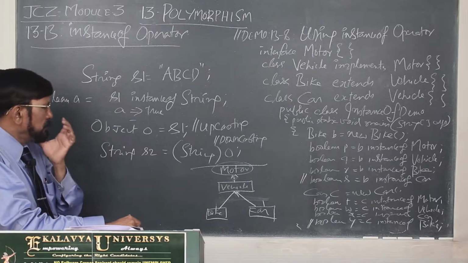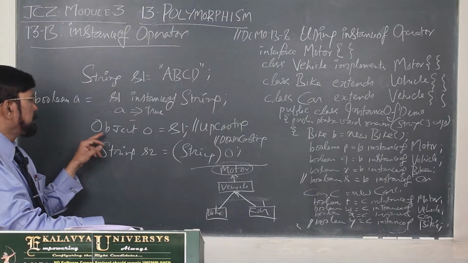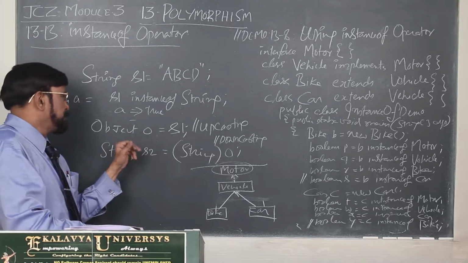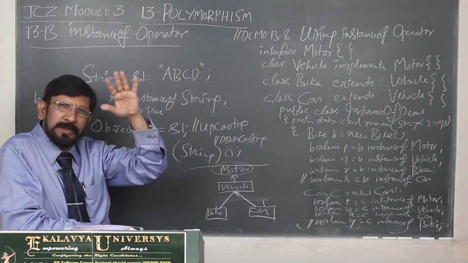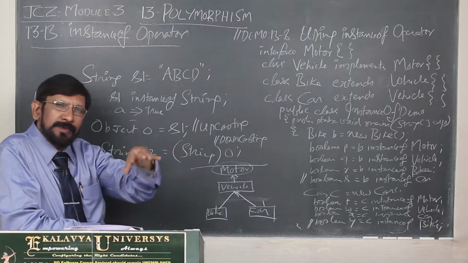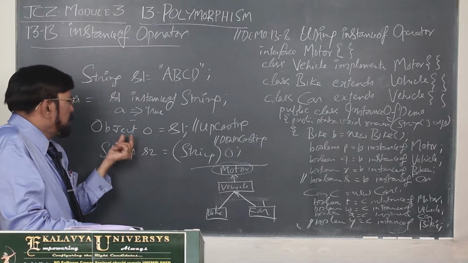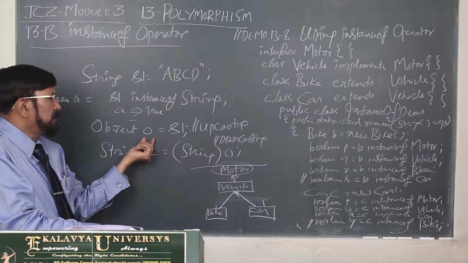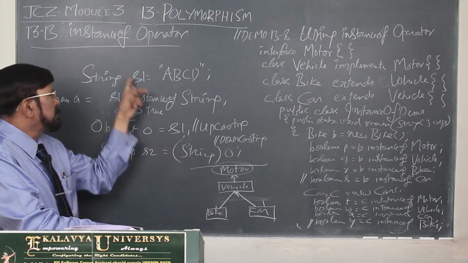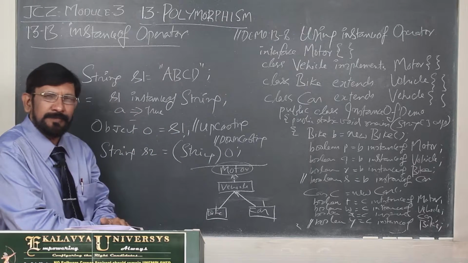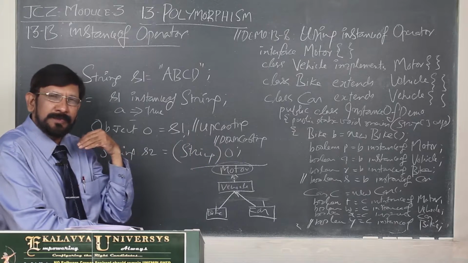With a simple example, this program was already explained in inheritance, the same code I am giving. Here you see Object type reference. Object is the topmost class. It is the superclass for every Java class, either a standard library class or a user defined class. Now, Object O reference I have defined. Here what am I doing? S1, that is the String class reference, I am assigning to that. By that I am doing upcasting. Upcasting is allowed.